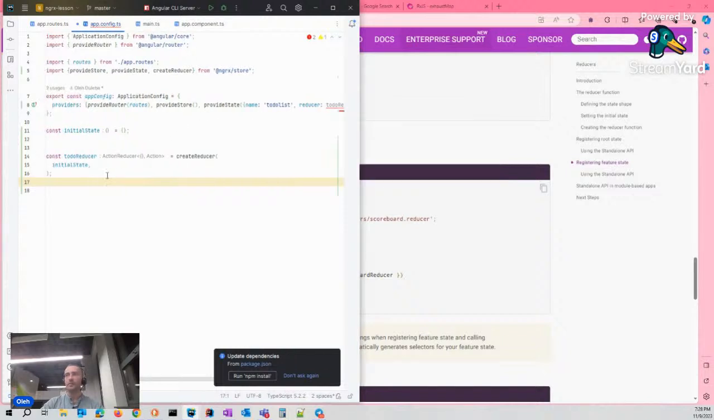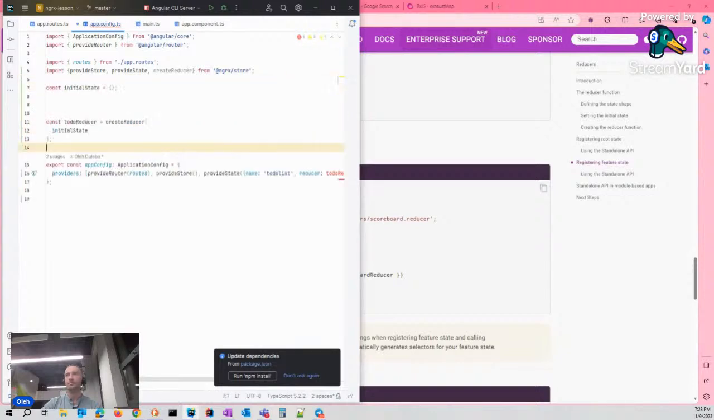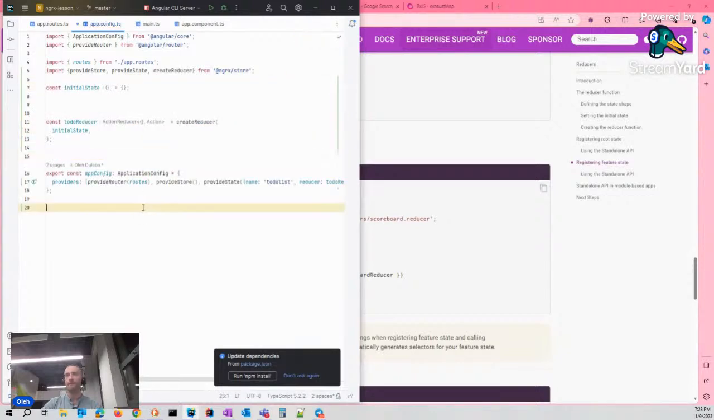Used before declaration. Let's move it before the configuration, but you can move it into another file. You have to do it. Okay,